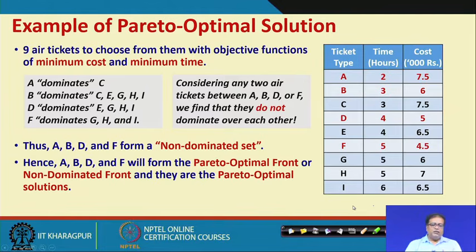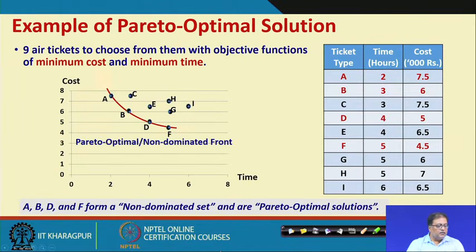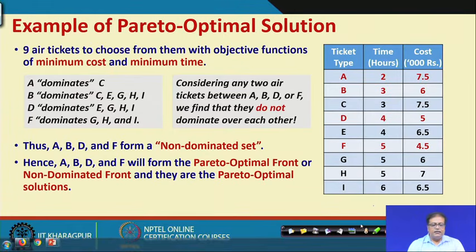to have our understanding of the solutions for multi-objective optimization. Now, moving further, you can see that A dominates C, that is fine, but A does not dominate any other, because A is the lowest in time, that is fine, but cost also it is probably the highest. So, C it dominates because C cost is also 7.5, but every other feasible solution has a lower cost. So, A does not dominate any other, but A dominates C.